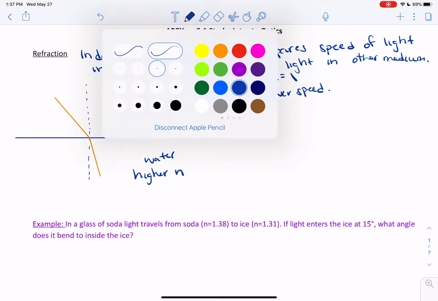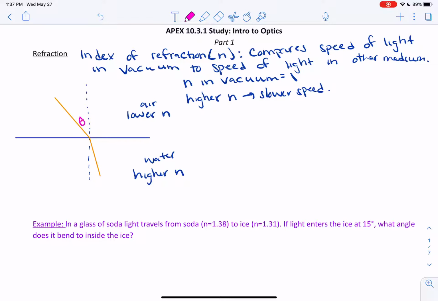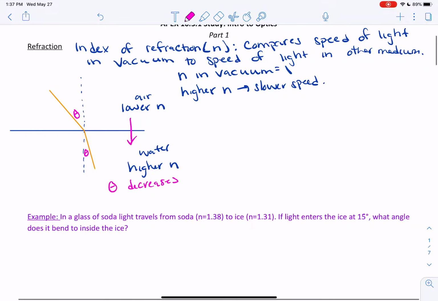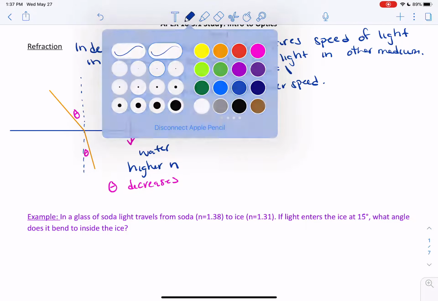And we can also look at this angle here, the angle that the ray of light makes with that perpendicular line that I drew, okay? And in this case, when you're going from a lower index of refraction to a higher index of refraction, you get a smaller angle. So that theta decreases when you're going from lower to higher, okay? We could also have the opposite situation,